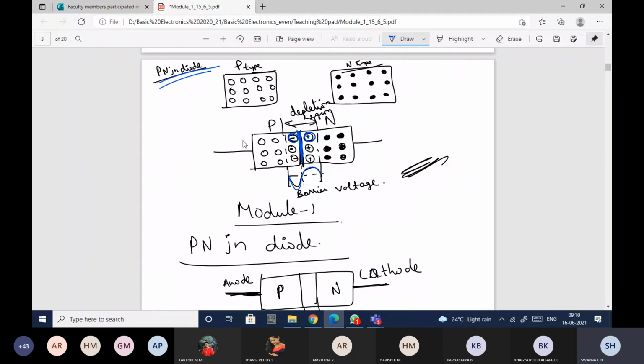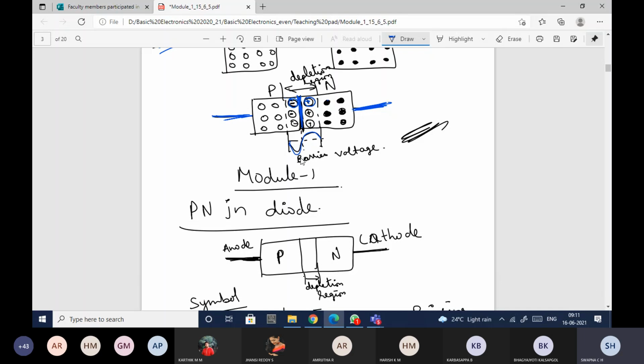Now coming to the p-n junction diode, how is it working? See, if you observe, this is just the p-n junction diode, and these two are nothing but the leads, the terminals. I have to connect these two to make it work. In the sense, I have to do something so that it will work. Otherwise, this device, whatever is manufactured, is of no use. So what I need to do is make this work.